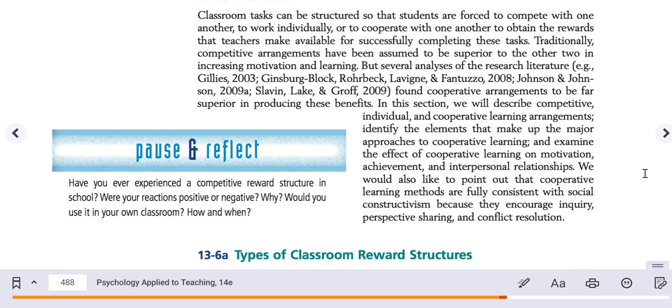In this section, we will describe competitive, individual, and cooperative learning arrangements, identify the elements that make up the major approaches to cooperative learning, and examine the effect of cooperative learning on motivation, achievement, and interpersonal relationships. We'd also like to point out that cooperative learning methods are fully consistent with social constructivism because they encourage inquiry, perspective sharing, and